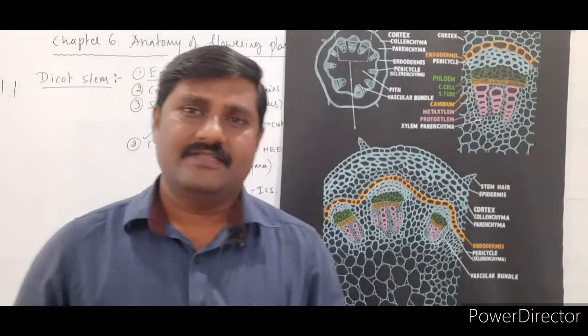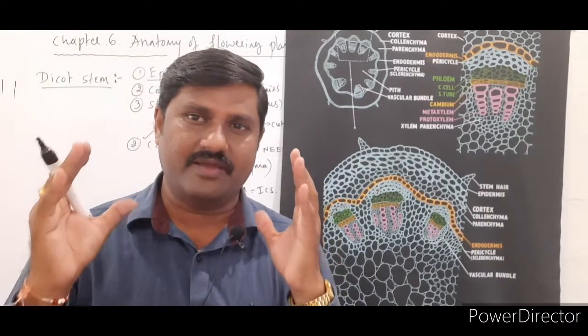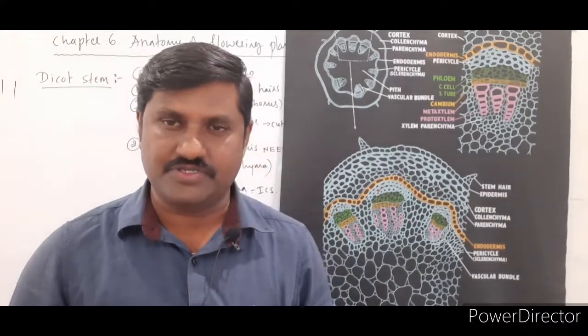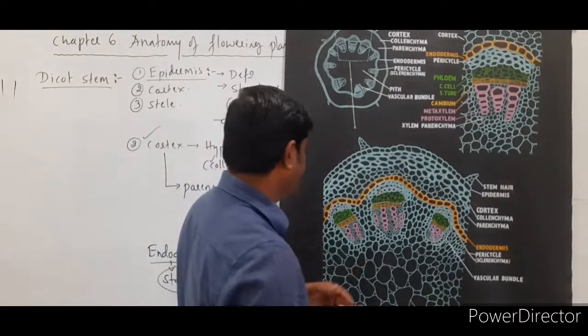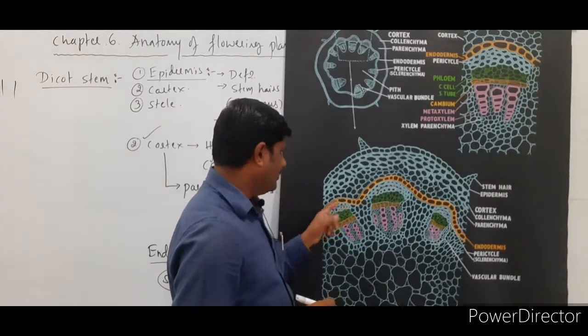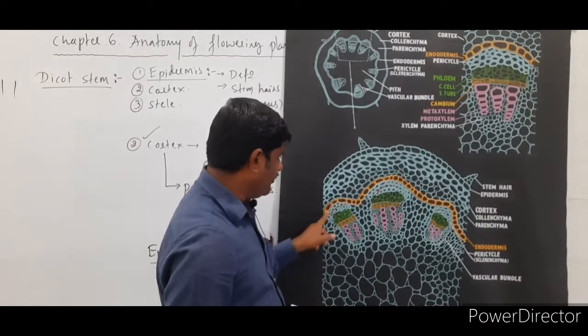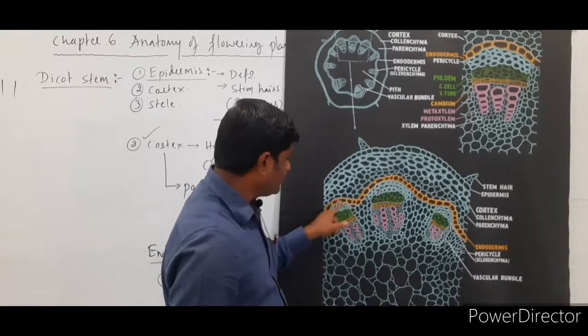Some of the cell layers are made up of sclerenchyma tissue and parenchyma tissue, and the sclerenchyma tissue forms, under this wavy endodermis, a cap-like structure